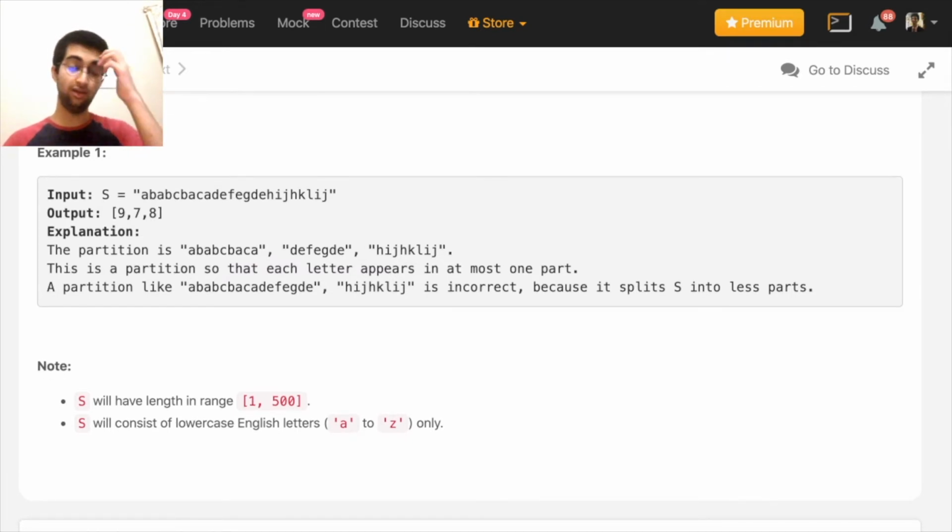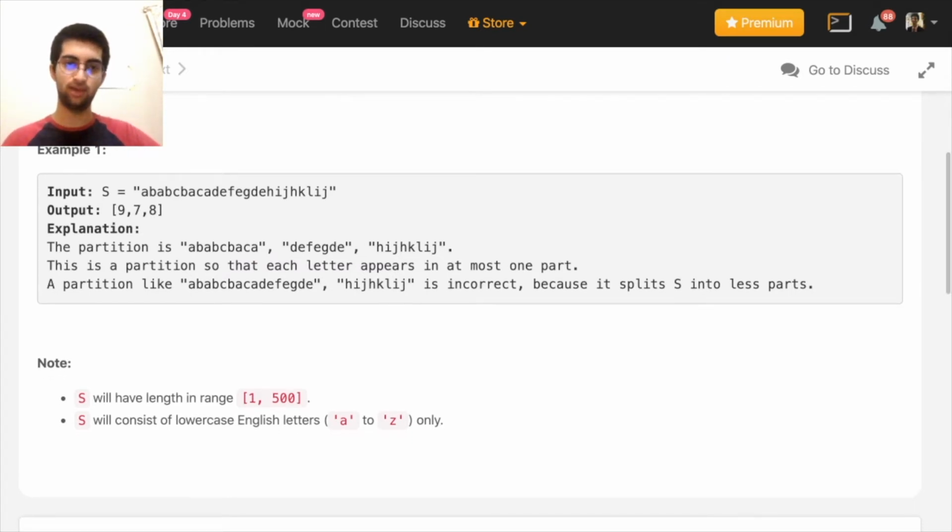Now, when I visit this first A, I know that my partition has to have a size of at least up to here, at least 9. When I visit the first B, I know that my size must be at least till here. When I visit the next A, again I know my size must be at least till here. Finally, when I visit this last A, I know that my size must be till here. So this is the upper limit of my size because this is the last A. And when I visit this C, I know the upper limit is this C.